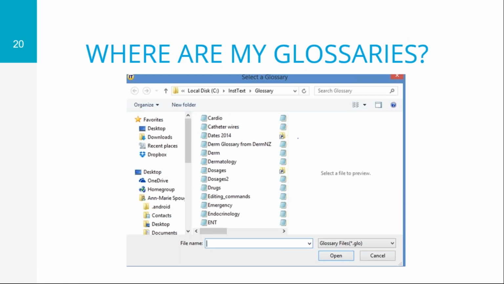To take a look at what the glossaries are and what you already have: when you downloaded the program, you'll see that here it's got local disk C, and it automatically creates its own heading of Instant Text, and then it has a sub folder of glossaries. If you click into that, you'll see that it's already loaded with all of these preloaded glossaries to start with, and you can go through them, whichever one you think that you might like to use more than others,